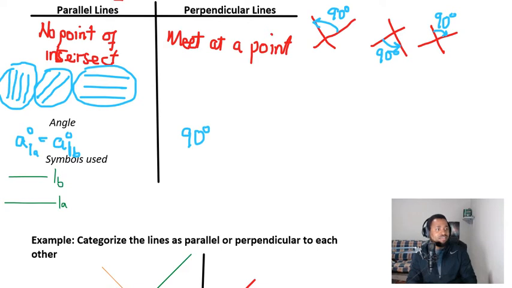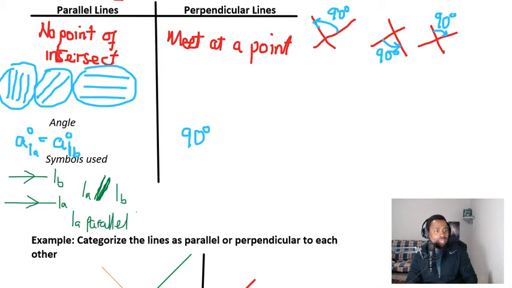This is symbolized as arrows pointing in the same direction. Therefore, in sentence form, we can say that line A is, two stroke lines, parallel, represented as the two stroke lines, to that of line B. So you can say here that line A is parallel